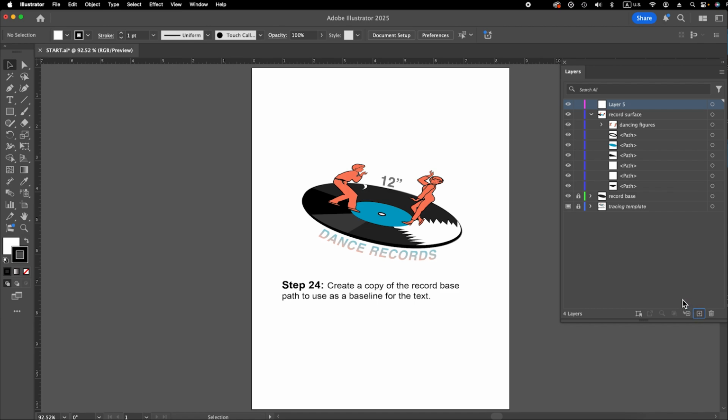and double-click the name of the new layer. Not to the right of the layer name, but the name itself. And let's enter type paths in the name field and press return. And now select the selection tool. Mine's already selected. And command click the visibility or eye icon next to the record base layer to put it